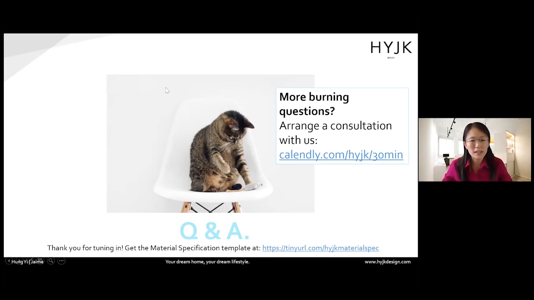How to maintain? It will just be normal cleaning. And same thing as with marble, the minute you spill something on it, wipe it up as soon as you can. Don't leave it there for hours, because the longer you leave it, the more difficult the stain is to remove, if at all.